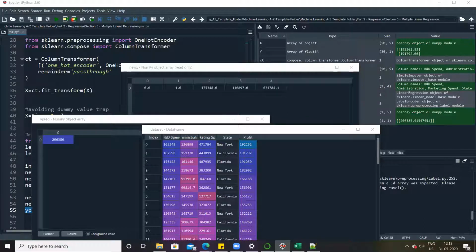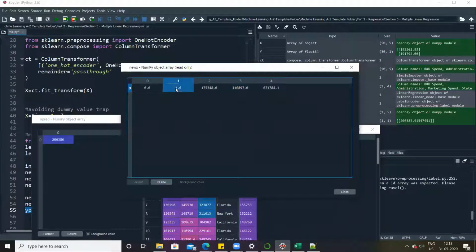You see, I have not applied standard scaler. This is in terms of rupees. This is in terms of rupees. This is in terms of rupees. Right? So you can check your variable X. All of them are in terms of rupees except for state. So logically here we have to apply standard scaler, right? To bring all the data at the same level. Do you guys agree with me on this point? Ideally, I should have applied standard feature scaling here as well, right?